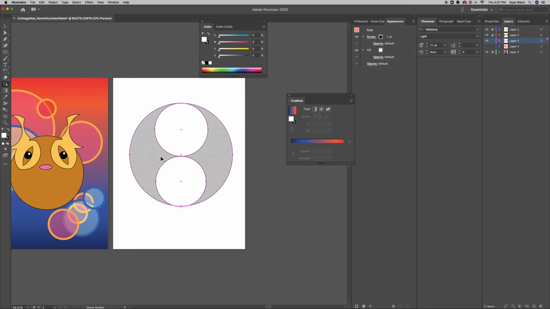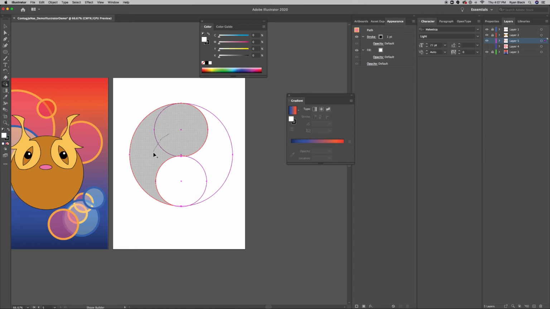So if I do this and connect these two with my shape builder tool, and I do this and connect these two with my shape builder tool, I didn't do it perfectly, obviously. You can see I have a little bit of space right here, but the idea is you could, hypothetically, from here, build your own yin yang,